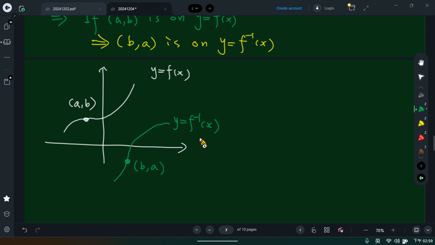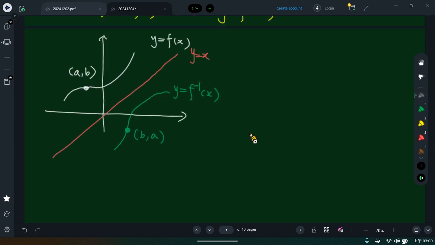So we can see if we have point (a, b) on y is equal to f of x, we must have (b, a) on y is equal to the inverse of f. So actually, these two functions will be symmetric about y is equal to x. 正反函数你只要画出它的图，它一定会跟 y 等于 x 这条轴呢做镜射的，很容易理解嘛，因为有 AB 在原来的函数上面呢，就会有 BA 在它的反函数上面。